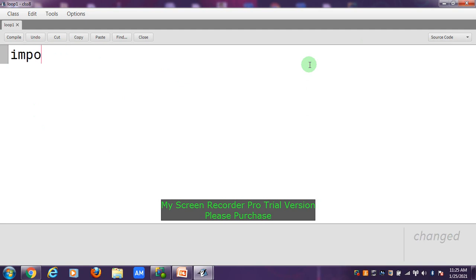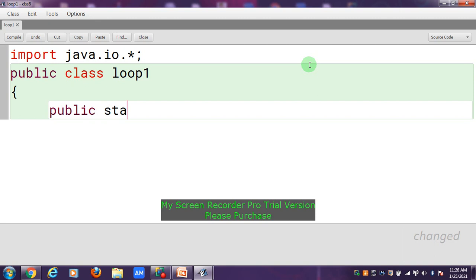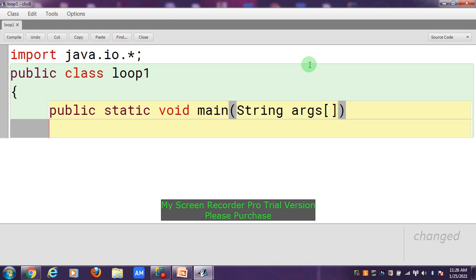So first of all I am going to write down import java.io.*; and then public class, any class name, suppose Loop1, then public static void main, and here inside we write String args, then square brackets. This is our main function.